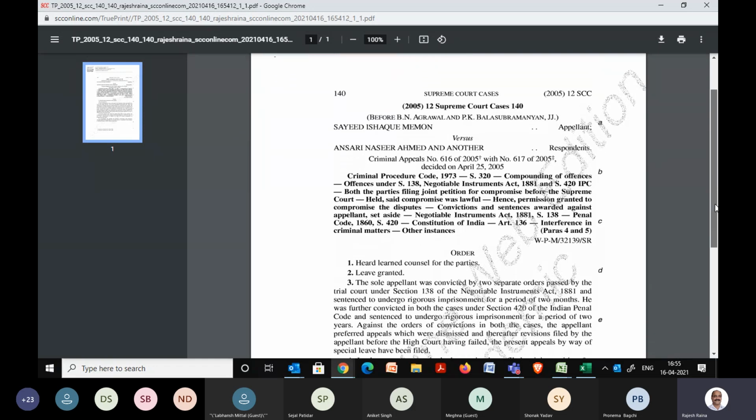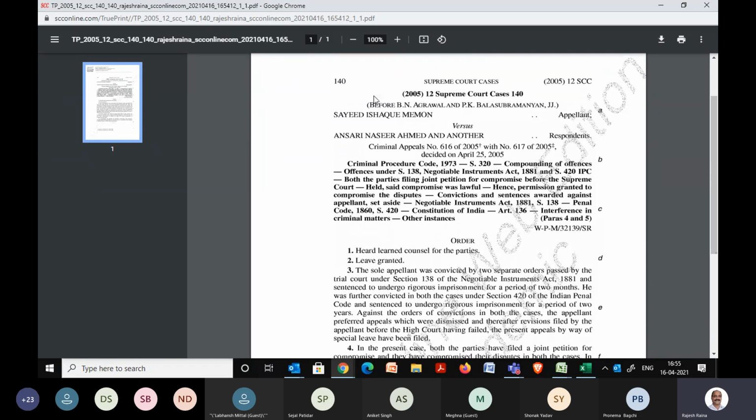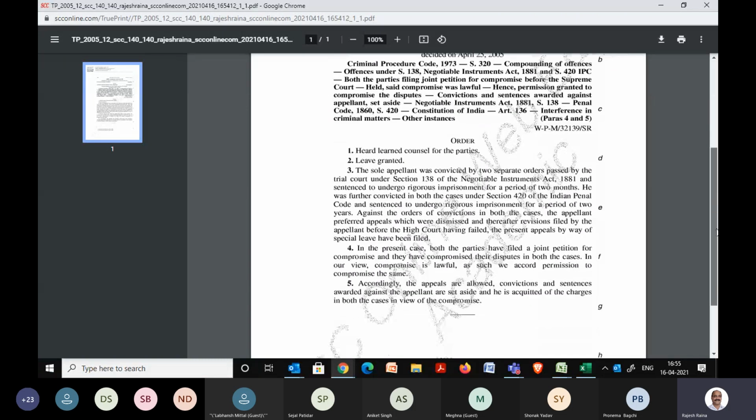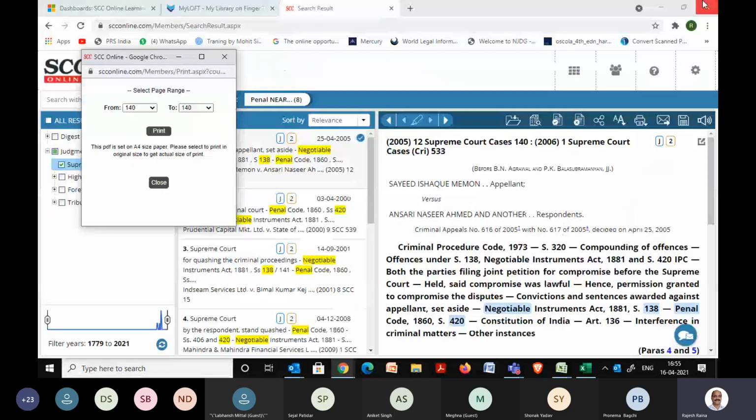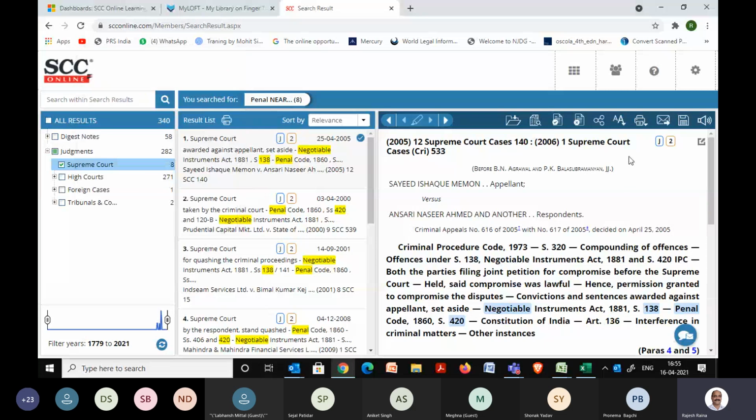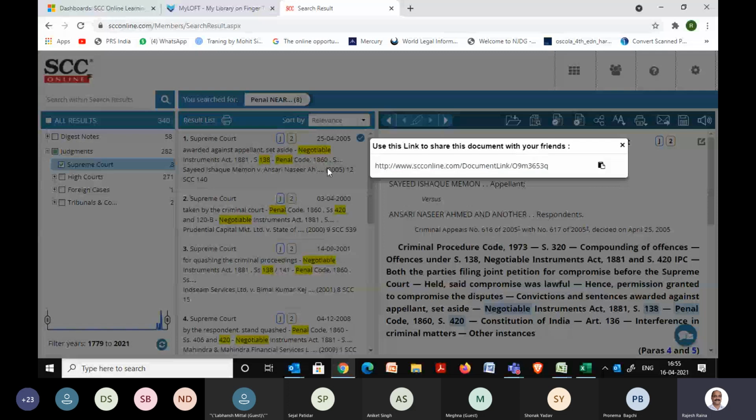Now here you can see it's showing me the exact formatting which we have in the true print, in the print journal as well. So it's a ditto copy of that. Now coming to sharing of this document, you can click on the document sharing link. It will generate this link and you can share it with your associate or colleague.